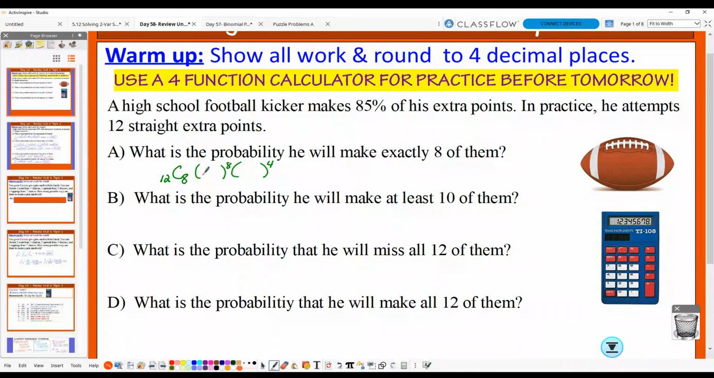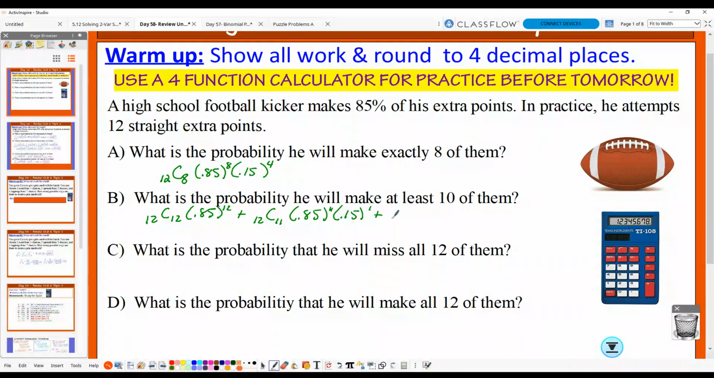85% chance that he makes it. 15% chance that he doesn't. What's the probability that he will make at least 10? 12 choose 12, he makes all of them, plus 12 choose 11, that he makes 11 of them and misses 1,